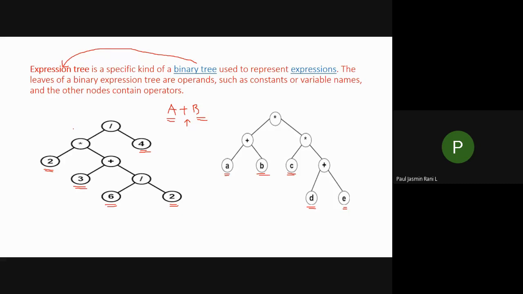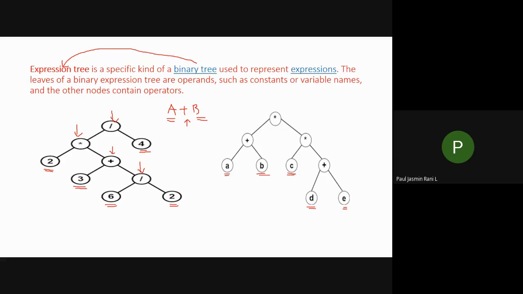Always you have to place your operands in your leaf nodes, and your operators like asterisk, slash, and all the other operators you have to represent in your internal nodes or parent nodes. I hope you remember what I mean by internal node. Internal node means at least you should have one child. We call it an internal node, isn't it?